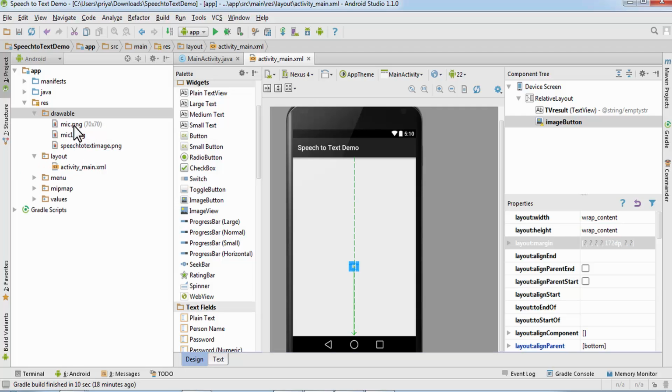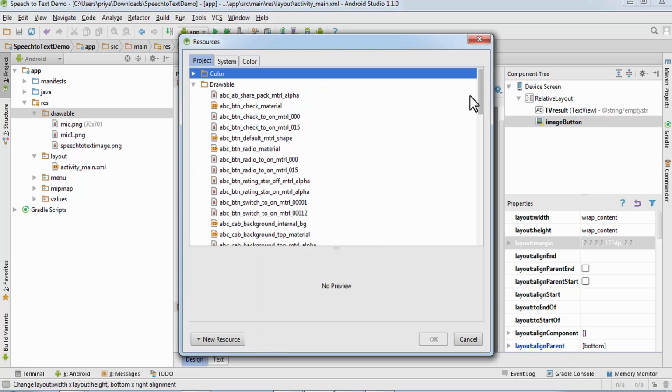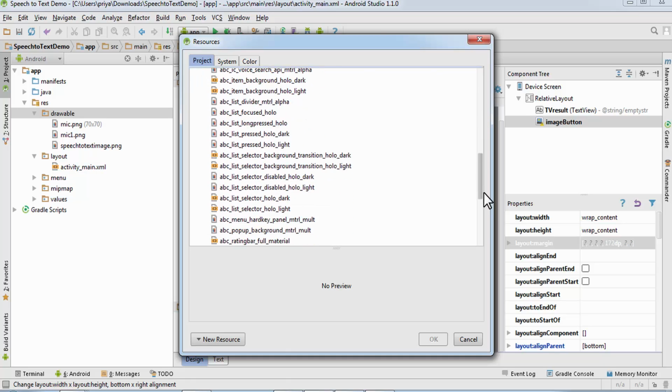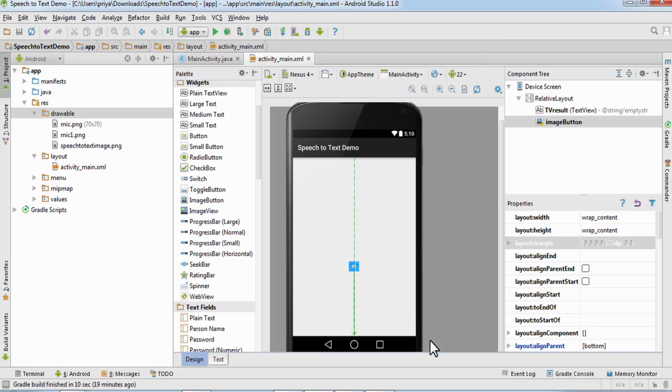I have already done that, so I'm going to double click here and find that image. So this is for color. If I close this, you will get the drawable folder, and just find the image you want and hit OK. So this is the image, and I'm going to drag it around here,